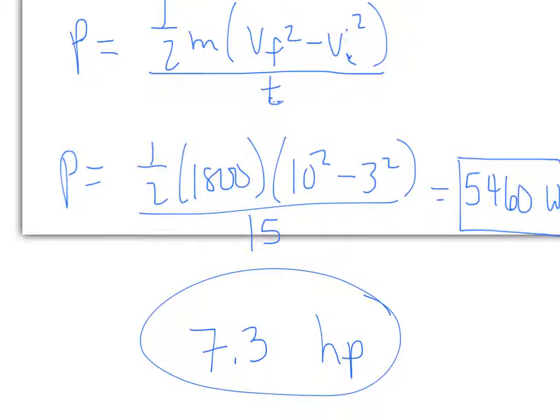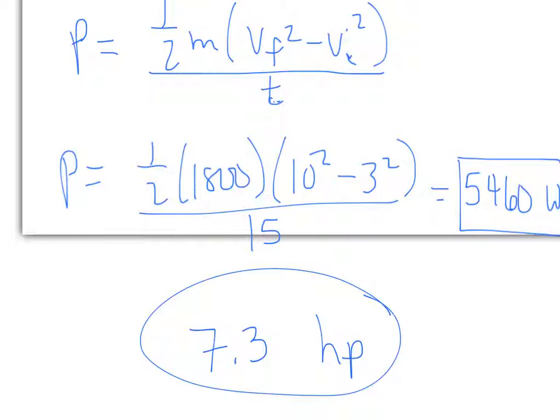If you were really accelerating, you'd go much quicker. So imagine instead of 15 seconds, you did it in like 3 seconds. Well, you're decreasing the denominator, and these are inversely related, so as a result, you'd be increasing the power. So instead of dividing by 15, if you divided by 3, this would go up to like 27,000 watts of power, and this would go up to like 35 horsepower. So depending on the scenario, your car can deliver more or less horsepower. Usually, when they give a rating for a car's horsepower, they give the maximum horsepower the car can attain, not the horsepower in a given situation.